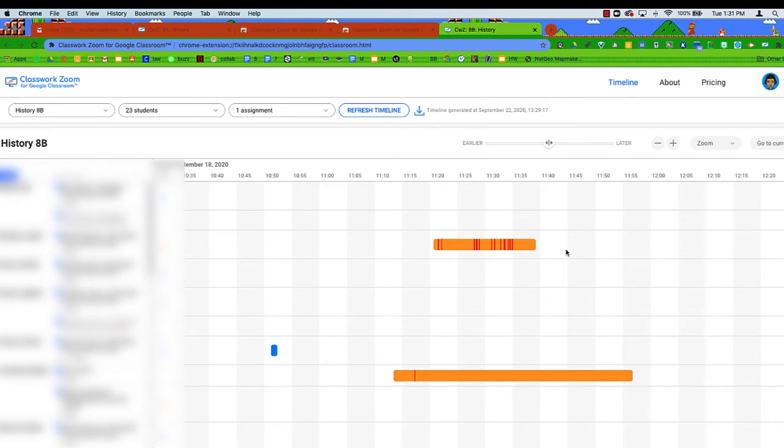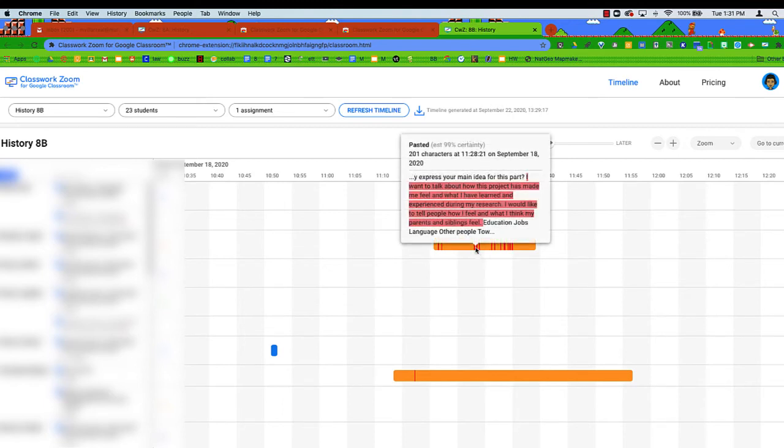Now, you're going to see these red lines, and what these red lines show me is a time that they may have copied and pasted in the doc. It could also be when they use Command F, so definitely look into it. It doesn't necessarily mean copy and paste. It's a little bit of a red flag though, and I can hover over this and see what this person